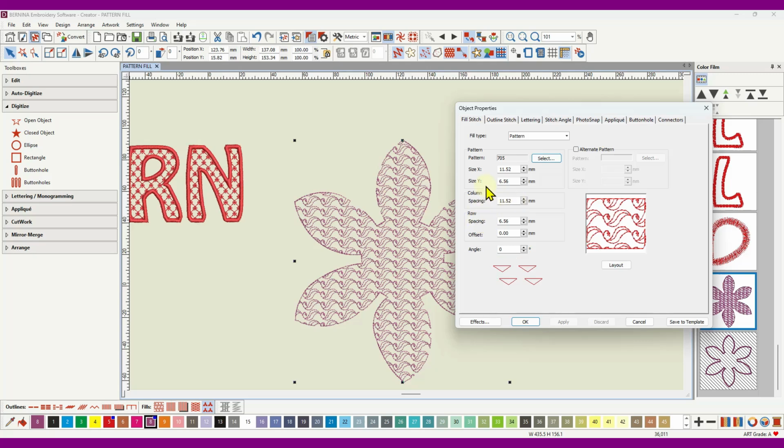The row spacing refers to each individual row, so if your height is changed, you might need to change the row spacing as well to close up any gaps, or open it up to make it larger to make sure the motifs aren't overlapped. The offset